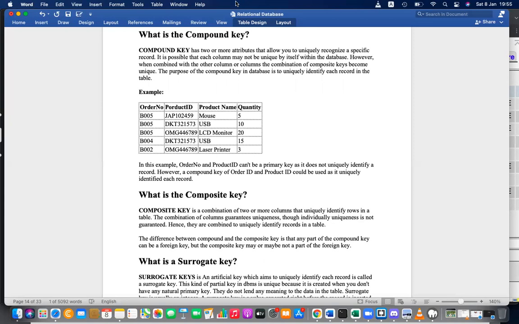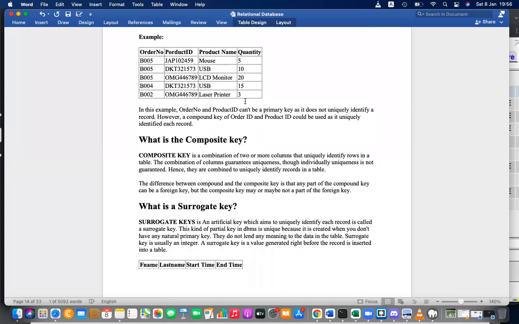Composite and then compound. Compound means two keys, two primary keys from some other table. So no need to read the entire note. Let's say there are two primary keys from another table.